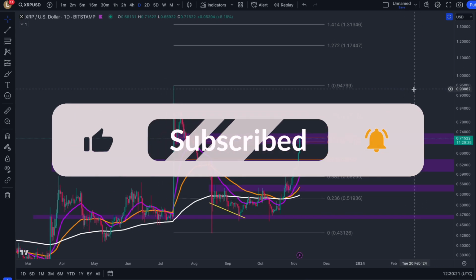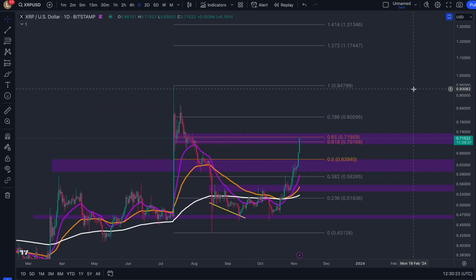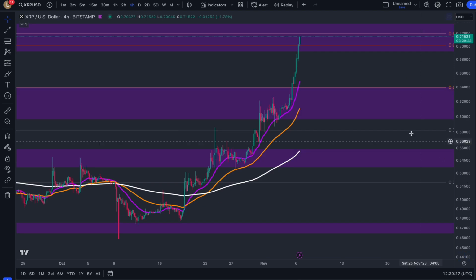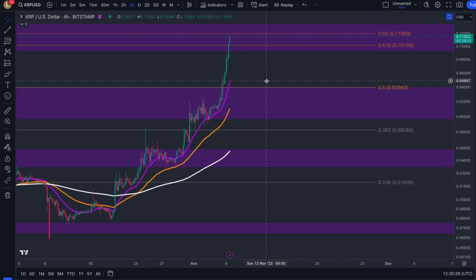We're going to update this in a bit more detail right now, so let's scale down to the lower time frames as we are approaching this resistance. We can see that we're currently above all the moving averages over here, which is essentially stating that we are in this uptrend. All we now need to do to keep going up, as we saw here previously, is find support above the